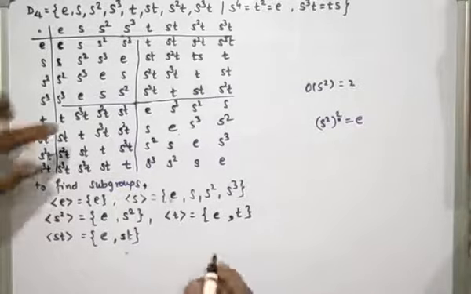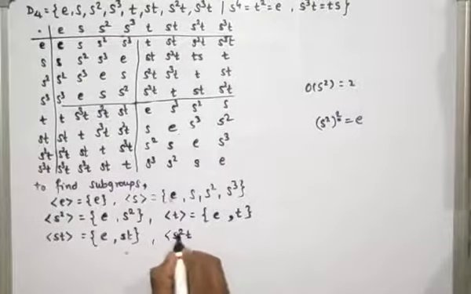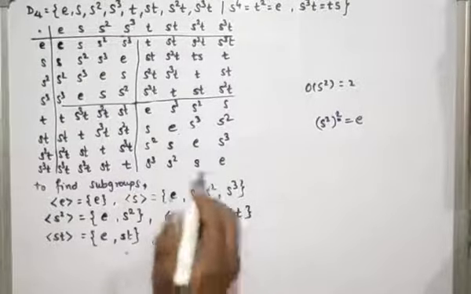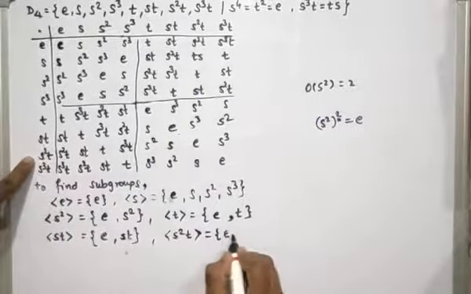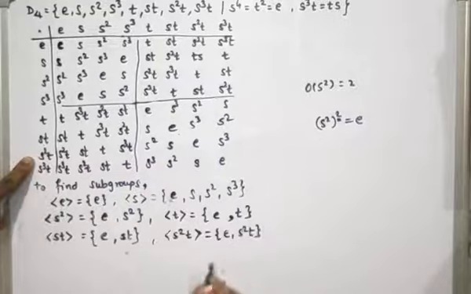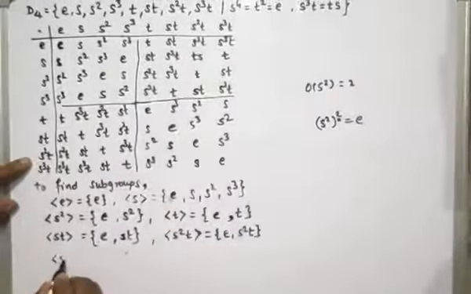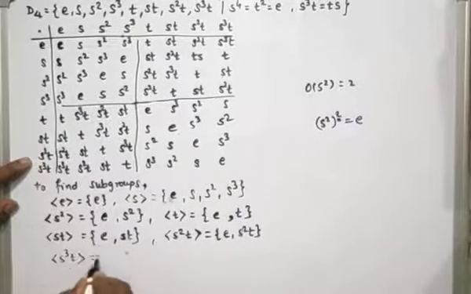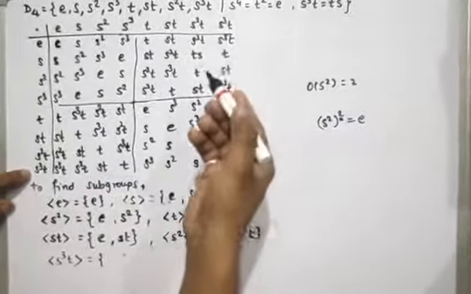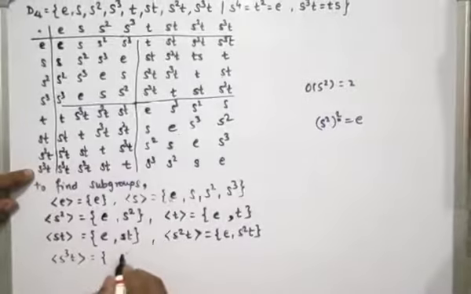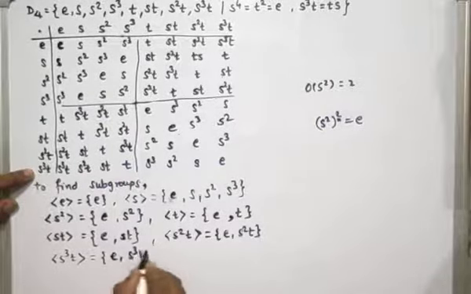So next we will generate by S square T. So generator S square T again has order 2, which means it has only 2 elements, identity and S square T. Next, the last element S cube T. The generator S cube T, and S cube T into S cube T is identity, which means the order of S cube T is again 2, so it has only 2 elements, identity and S cube T, right?